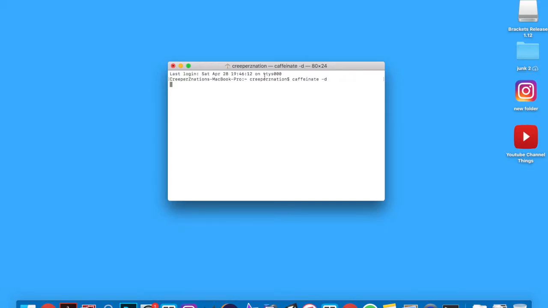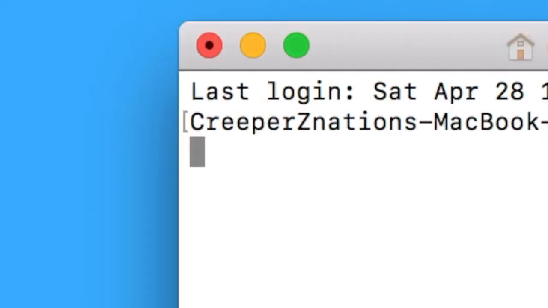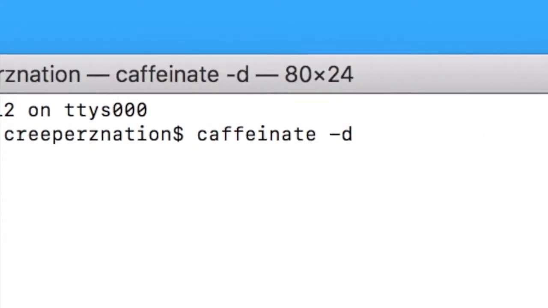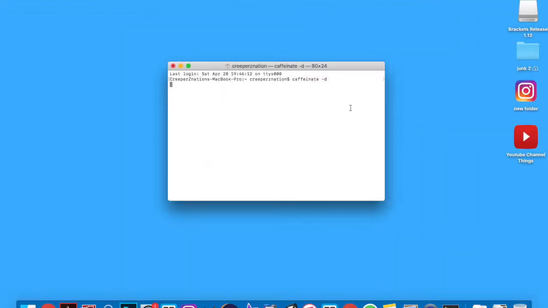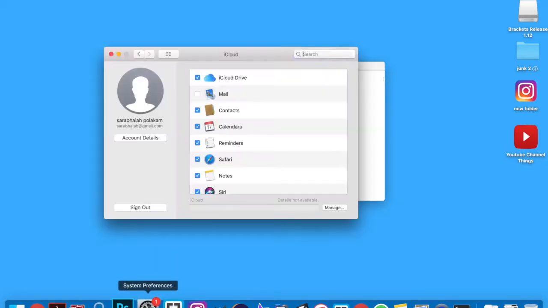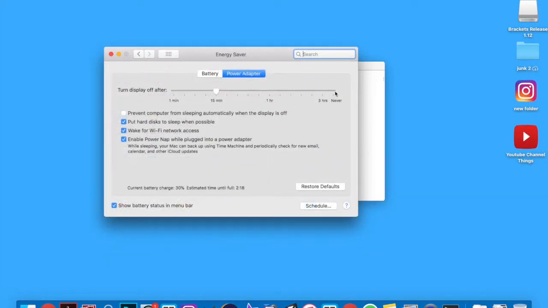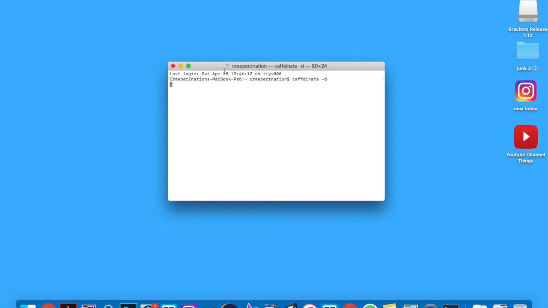as you can see, it's just caffeinated right now, which in these brackets means that the command is now running. However, what this does mean is it's basically doing the same thing as going into your system preferences and changing the settings to never, except it doesn't actually do it. And the nice thing about it is that